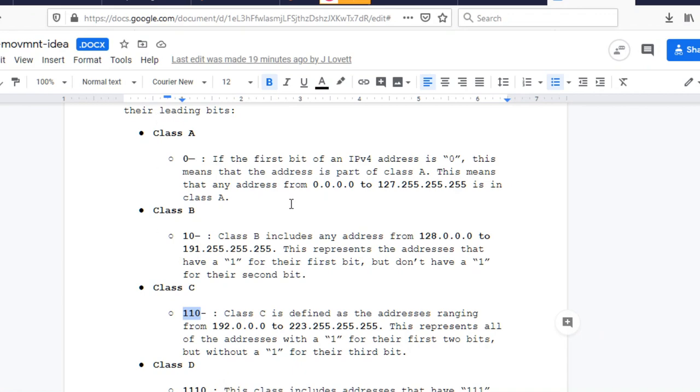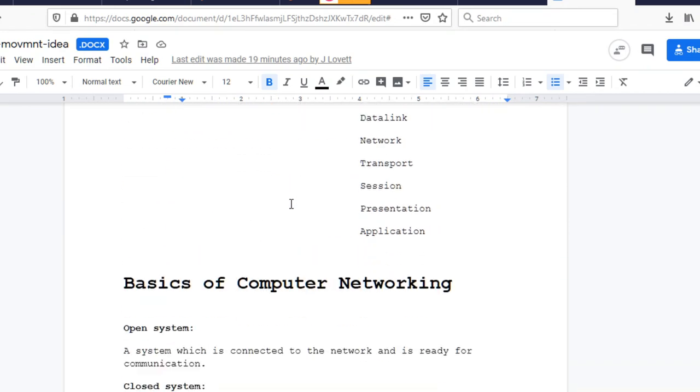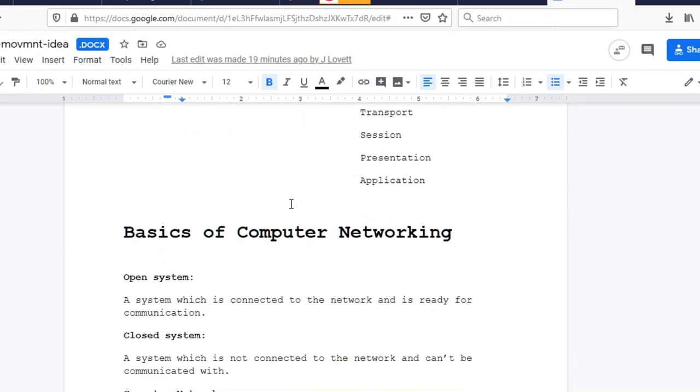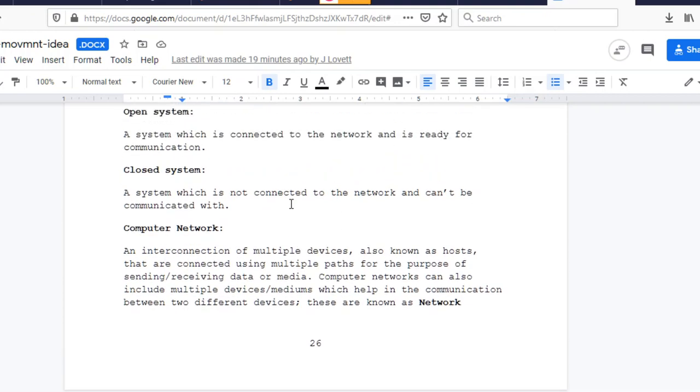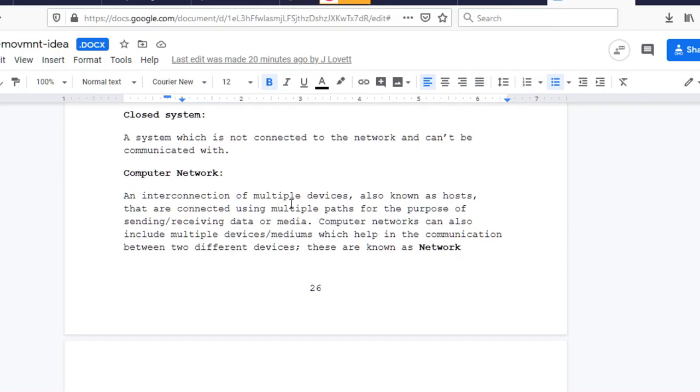So the IP addressing, I think it makes sense to you guys. So let's go and do some other basic things in computer. So in basic computer networking, a system which is connected to the network is ready for communication, and that which is not connected to the network can't be communicated with. Now, for computer network and interconnect,